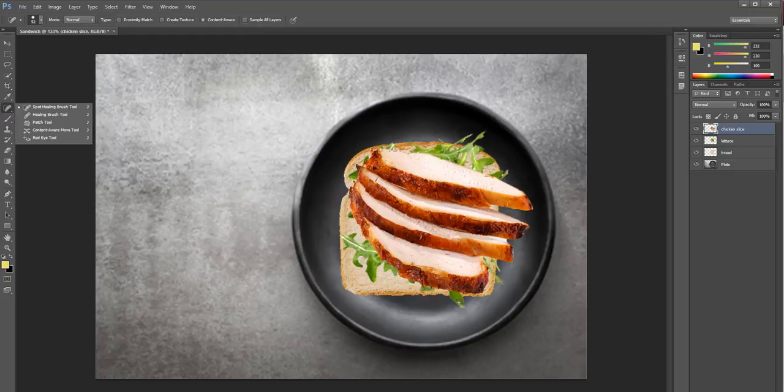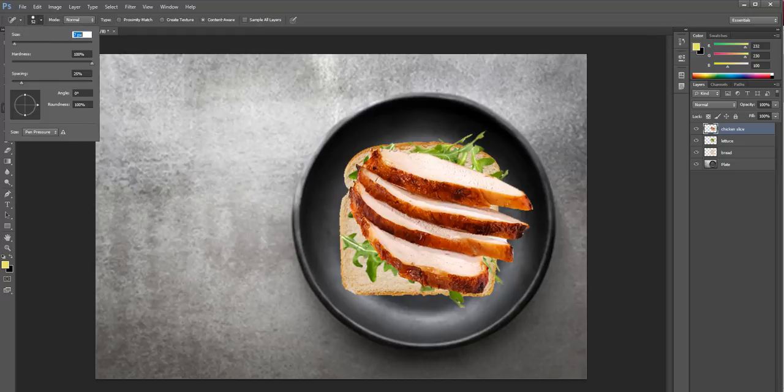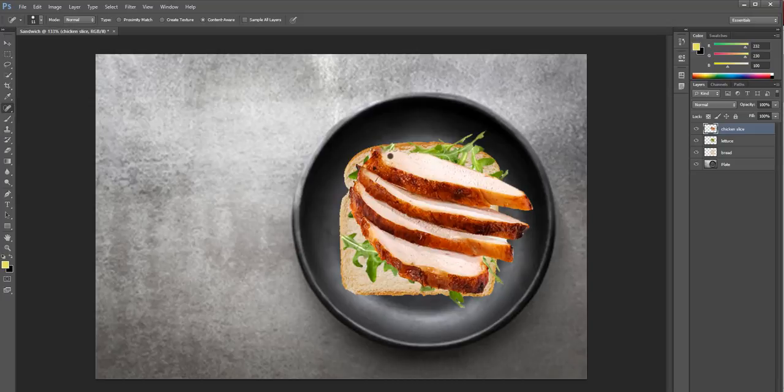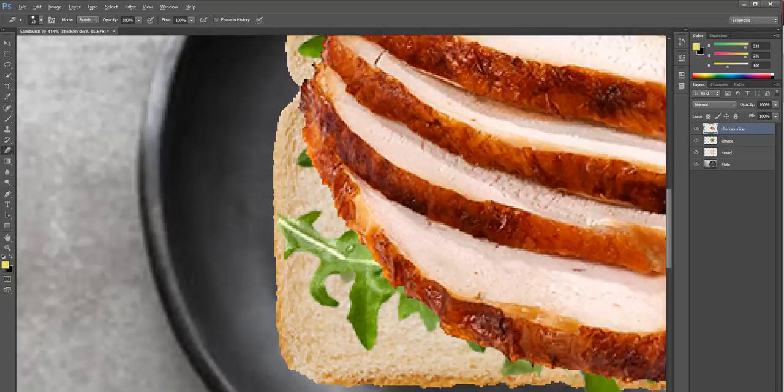So don't forget you have access to all your other tools as well. So the spot healing brush. Just to get rid of a bit of that text that was there before. Like so. As you can see, there's a bit of white in here. So if we zoom in,